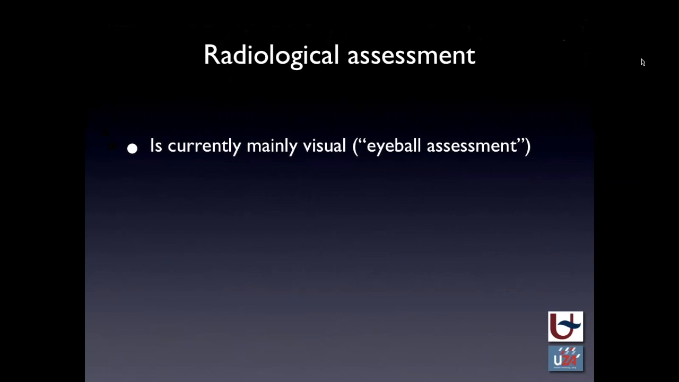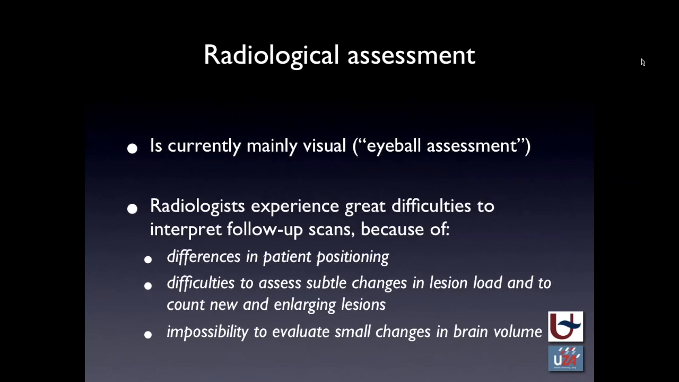so this is a chronic plaque, a chronic lesion that is not active. Now, radiological assessment for most of us currently is mainly visual, so, as the Americans would call it, we would do an eyeball assessment. Radiologists experience great difficulty interpreting follow-up scans because of differences in patient positioning, difficulties in assessing subtle changes in the lesion load and counting new and old lesions,